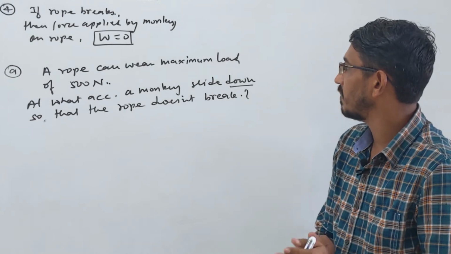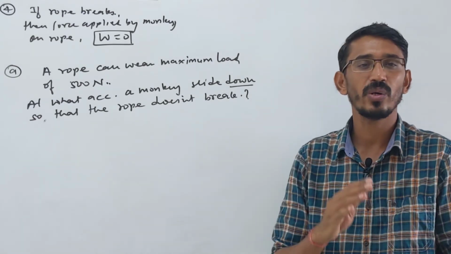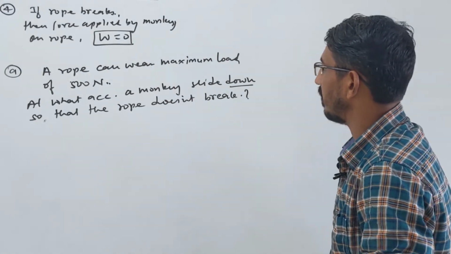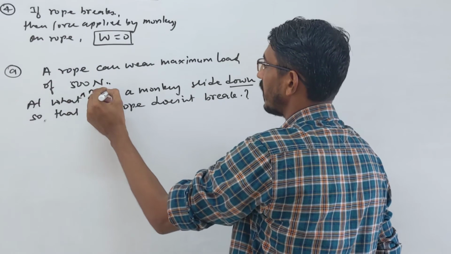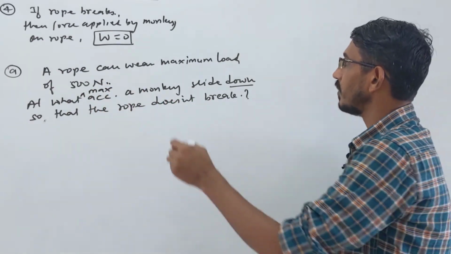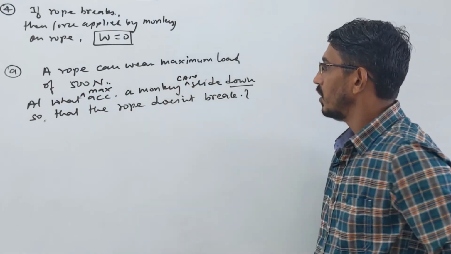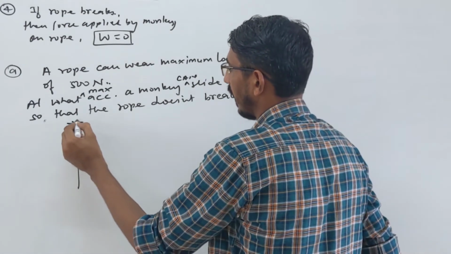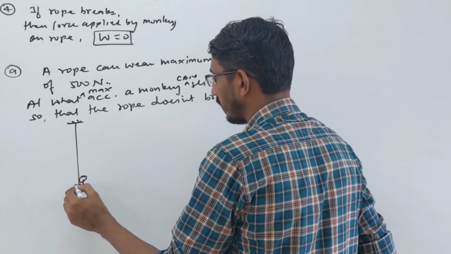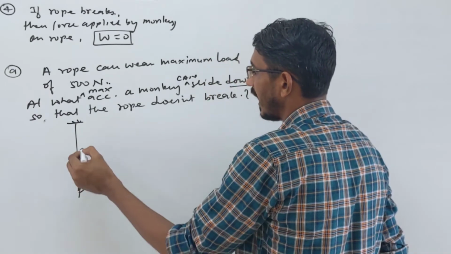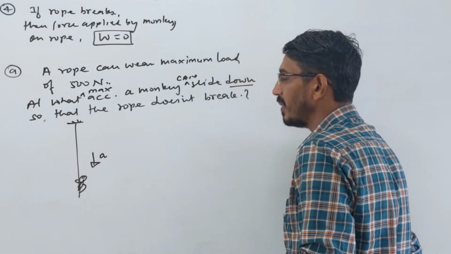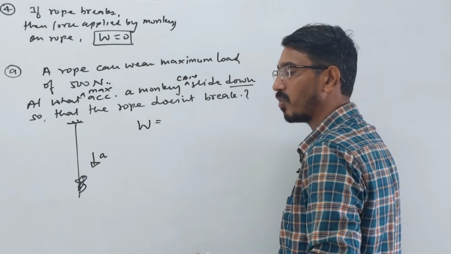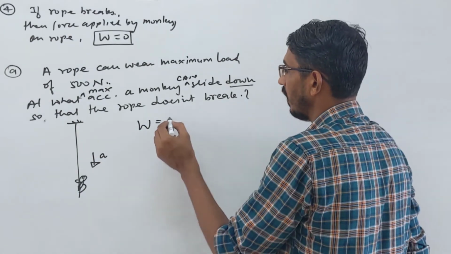So a rope can bear a maximum load of 500 Newton. They can say load or they can say tension, these words they can use. At what maximum acceleration can a monkey slide down so that the rope doesn't break? So this is your rope and here is your monkey, and he is sliding down. In the down case, how much is the force applied by this monkey on the rope? That is simply the normal reaction, or the apparent weight of the monkey, which becomes